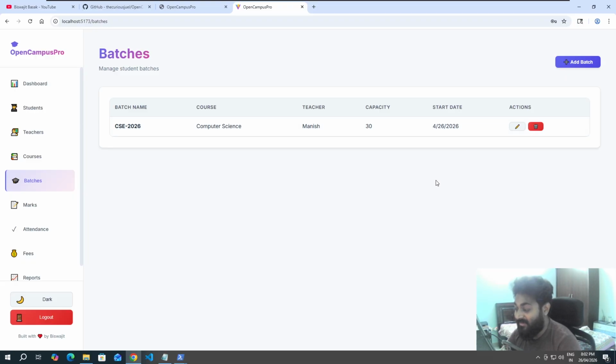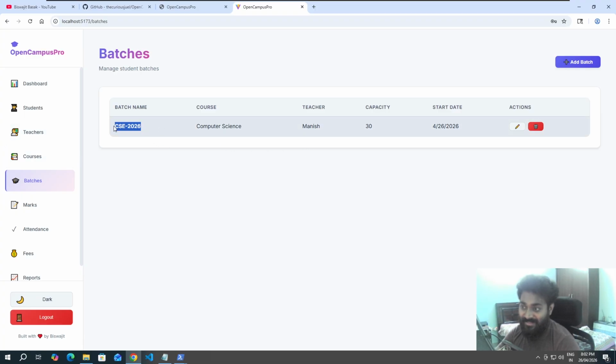Okay, so this is how your batches, your courses, and how the students and teachers, they are linked. Now I have not shown you how the students are linked as of now, but I have shown you how the batch, how the course, and how the teachers are linked. Now let's suppose this is the particular batch. Now I believe there are no students in the batch because we haven't added any student as a part